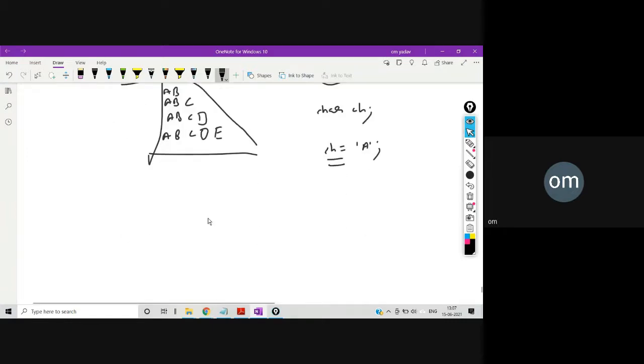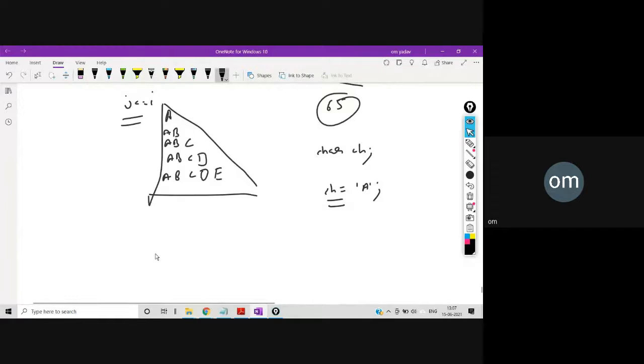So we'll say for i equal to 1, i less than or equal to n, i plus plus, and here let's say we have ch is equal to 'a'.